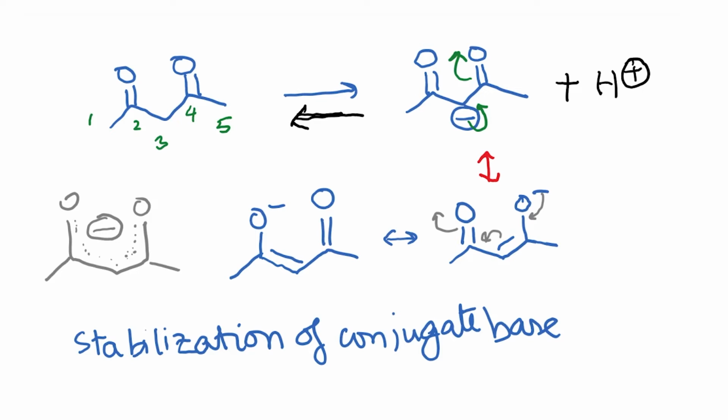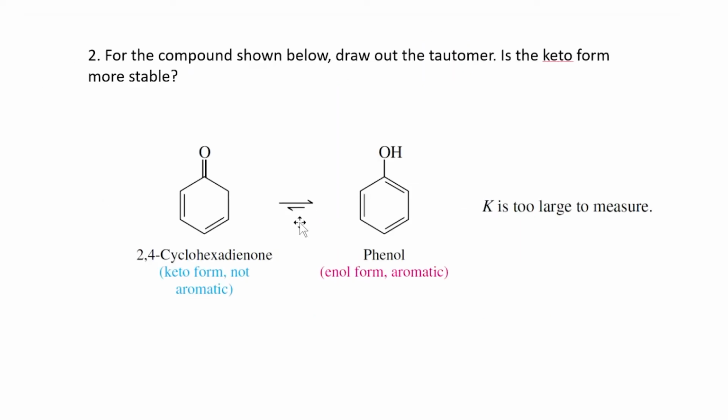Now let's move on to the next question. The next question here is for the compound shown below. Draw out the tautomer. I think most of you could get this question very easily. So you have these 2 hydrogens over here. Once the carbonyl compound tautomerizes, it's going to form the enol, and this enol is actually a very special enol, which is